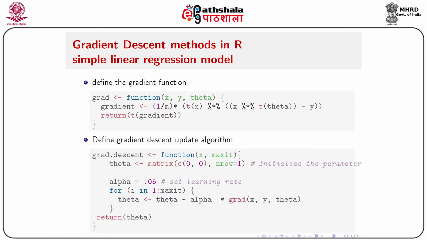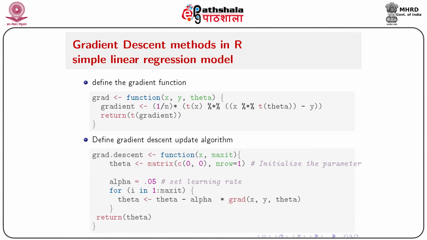So this equation I already discussed before, and then I define the gradient descent update algorithm. The actual algorithm can be defined here. Here I am also defining a function for the update: grad.descent equals function, the arguments that I am passing are x and maxit, and then theta